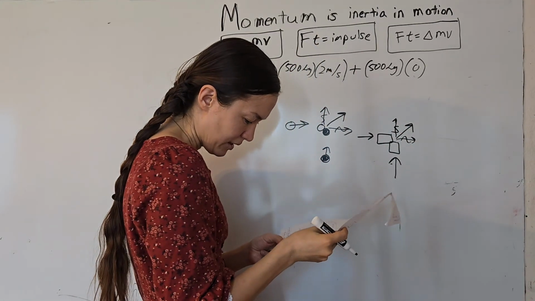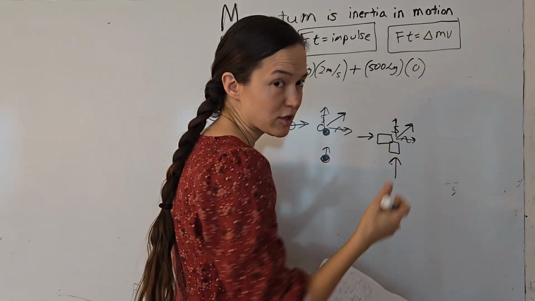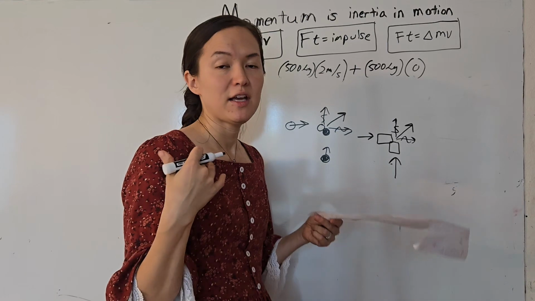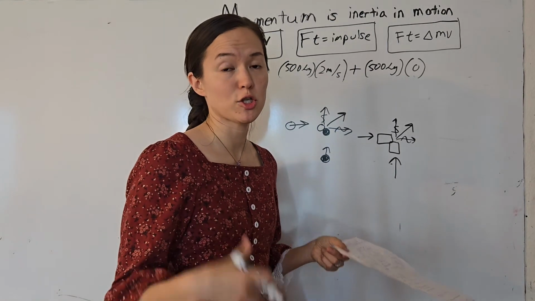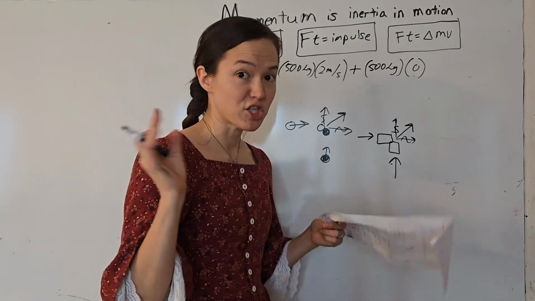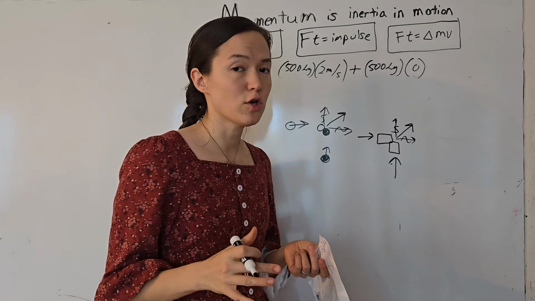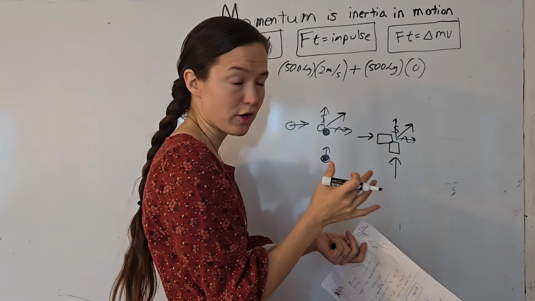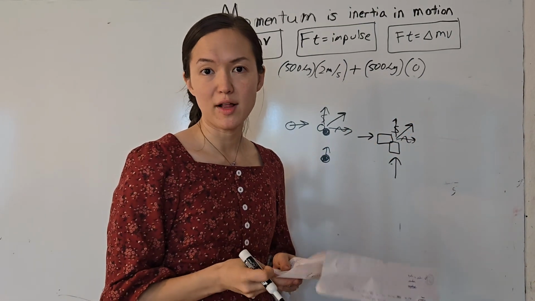Now in real life, car crashes don't just keep zooming in that direction because of friction. As you're scraping across the pavement, all that heat, the friction is giving an impulse, force times time, the force of the friction over the time they're scraping across the pavement, and it will bring them to a halt. If you had ships crash in outer space, there's no friction, so they would just keep on moving on their combined vector until they get pulled into the gravity well of a planet or something.